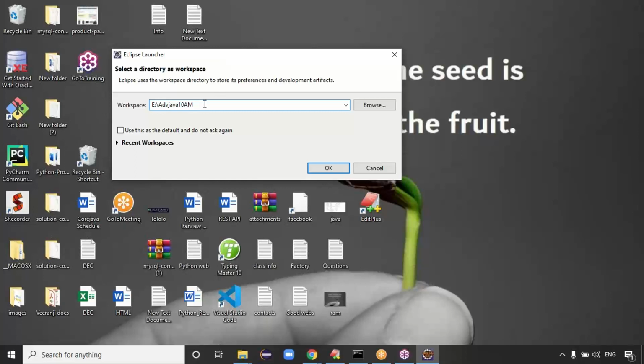Yes, sir. One more thing, are we going to have a live project, something like a mini project, with Advanced Java? In Advanced Java, I will develop the project in front of you. I will write the code for the project. Whether it is a small or big application, I will write one application of Advanced Java itself, not in core Java.